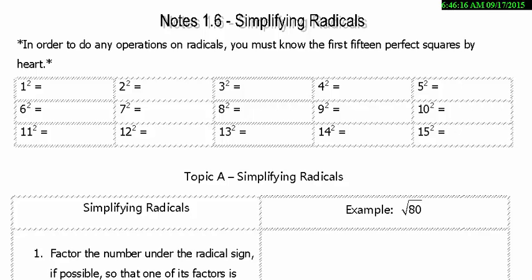We'll start with 1 squared. 1 squared is 1, and a common mistake on that is that people will multiply 1 by the exponent and get 2, so be careful of that. 2 squared is 4. And so what I would like you to do right now is to pause the video